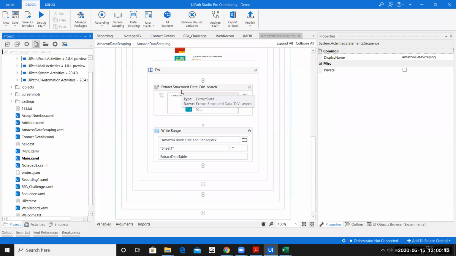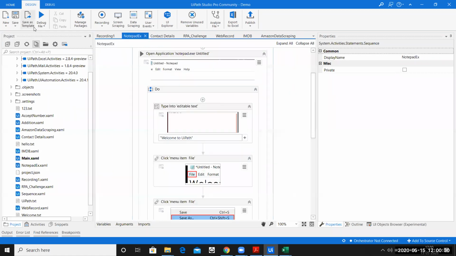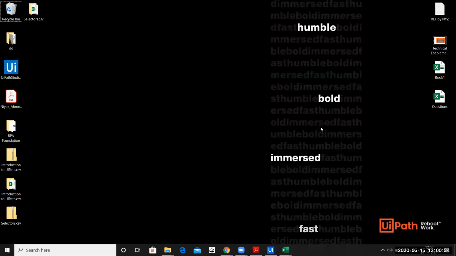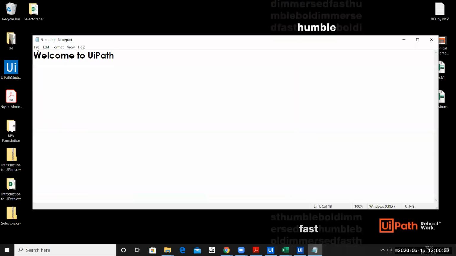So how do you do the recording? What recording do we need to do? When you run and then start to record, or do you record what you have built? No. You have to record when the bot is running. Let's say, for example, I am building this notepad example. If I say run, you have to record it from this screen. The moment you say run, everything that is happening on the screen should be recorded.